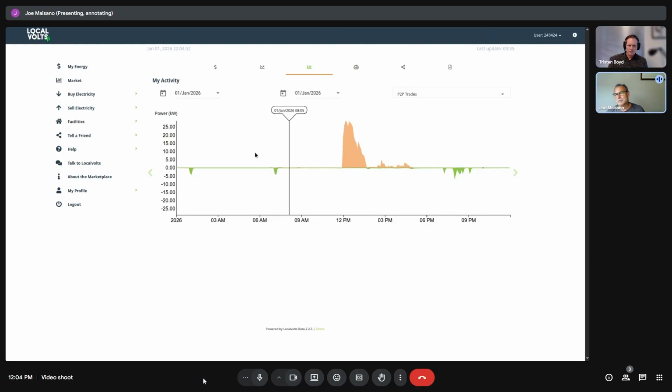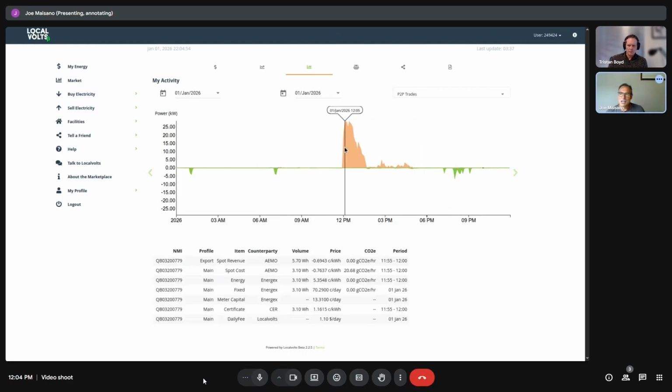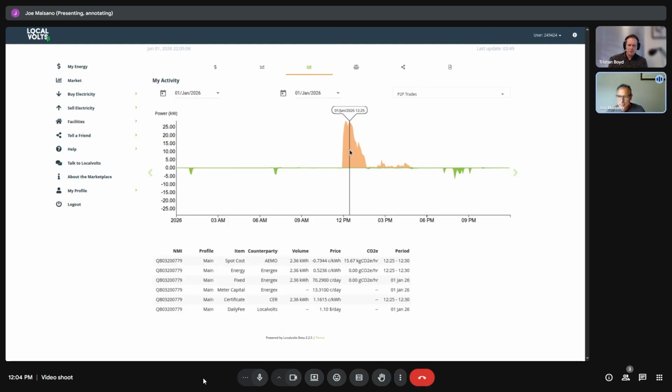But yeah, so this is an example where it looks like they've charged in the middle of the day, prices are negative in the spot. So basically not quite getting paid to charge, but in this case they are just slightly outweighing the fairly low Energex charges in some places. So they're actually getting paid to charge here,